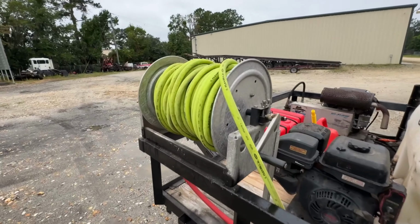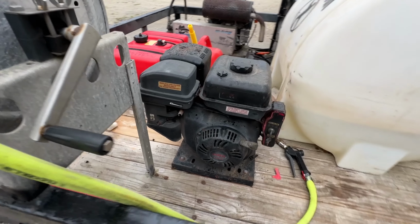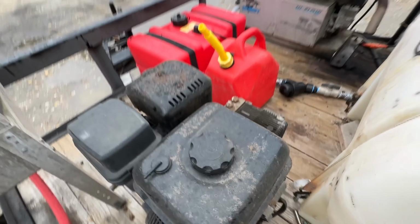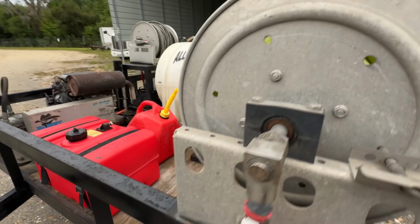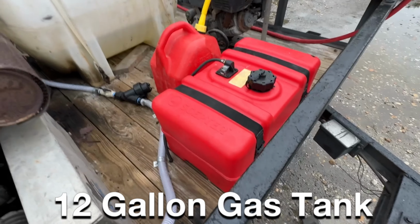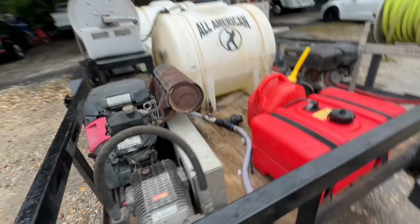Next, we have got the Titan hose reel, and yes, that is a Predator engine. It's old, but it did work. It's a backup. It probably would, if somebody put a little TLC into it, it would run again, but not today. Anyway, Titan hose reel, 5/8 inch Flexzilla, ready for soft washing. Everything is plumbed up. We've got the gas tank. The old one was kind of crusty and just needed to be done better,